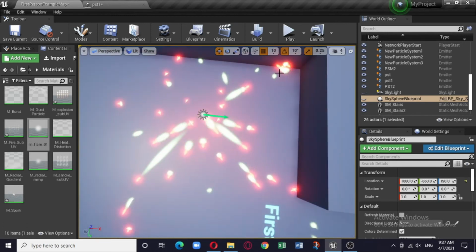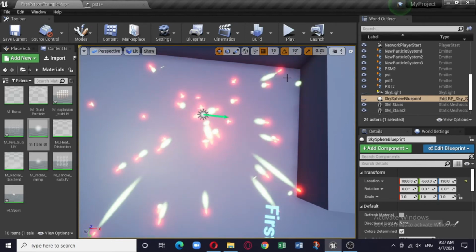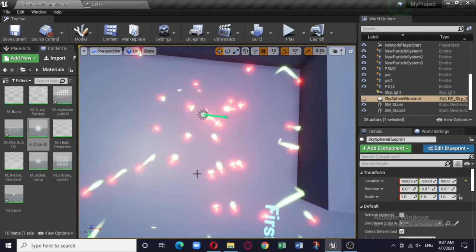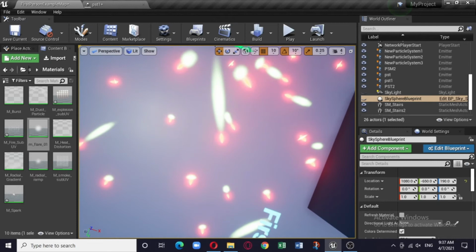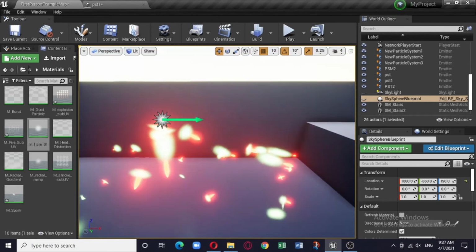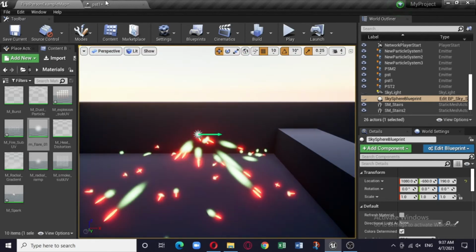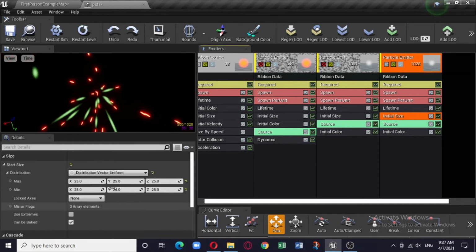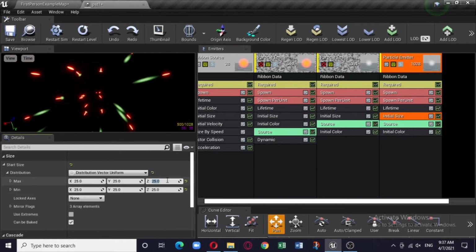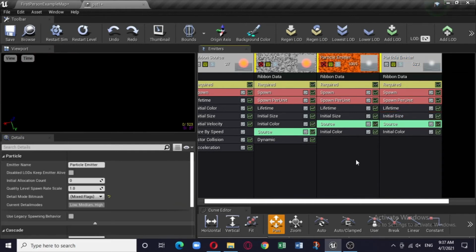Don't bother about the collision or light behavior. So this is basically whatever the characteristics you have added with the material. Okay, so initial size you can change, possibly you can make it 0 and 0 to make it more appealing.